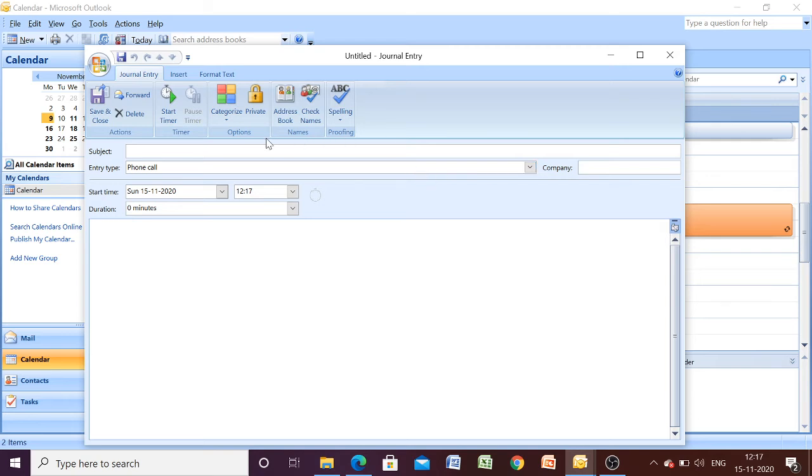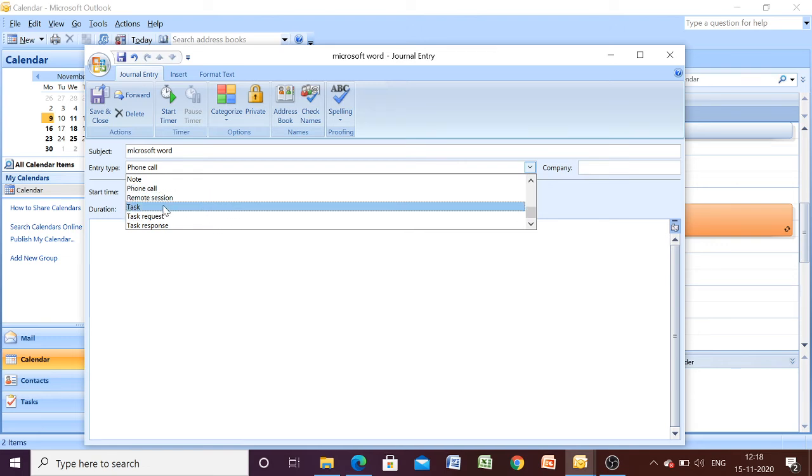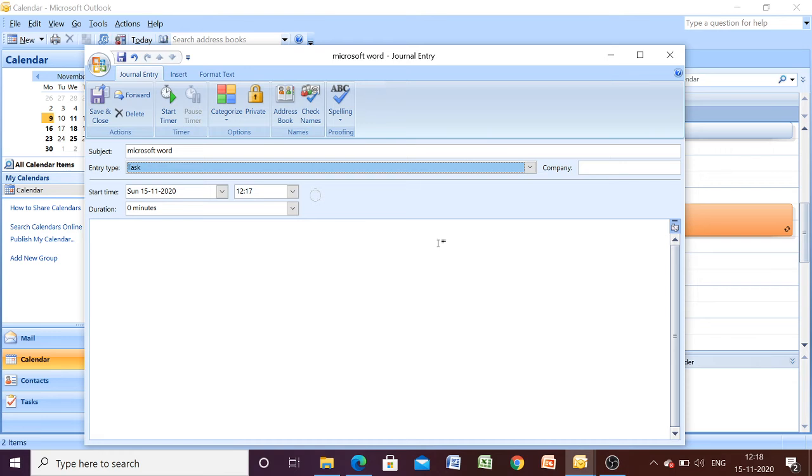Okay, and suppose I want to keep track of how much time we are using Microsoft Word, then let us choose here any task. Okay, and you may give any starting time or like this.